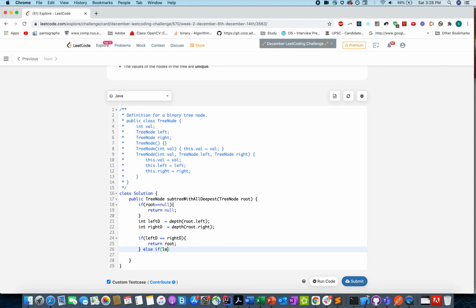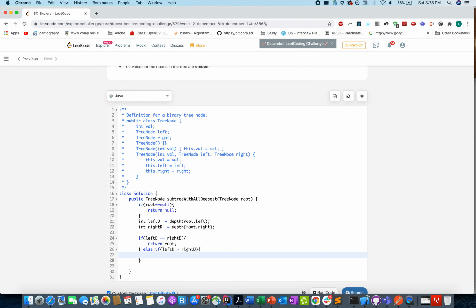Otherwise, if left d is greater than right d, what are we going to do? The answer lies in the left subtree path. So we will invoke the search for the subtree with deepest leaves in the left subtree.